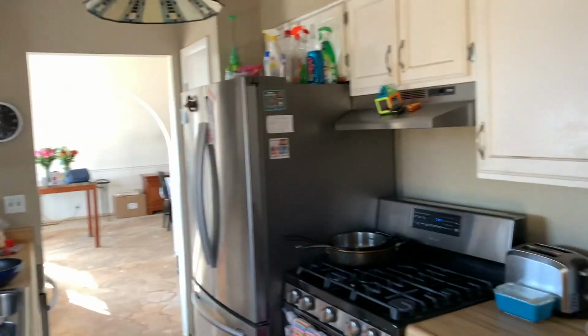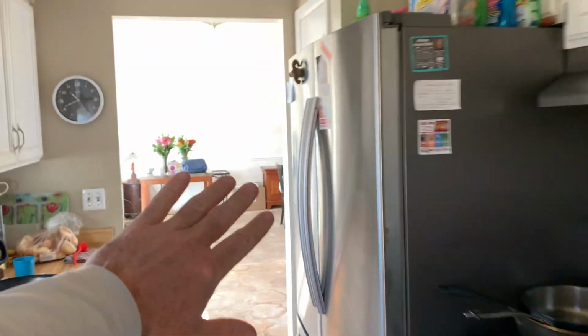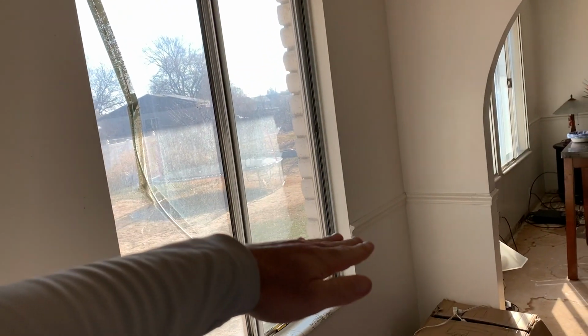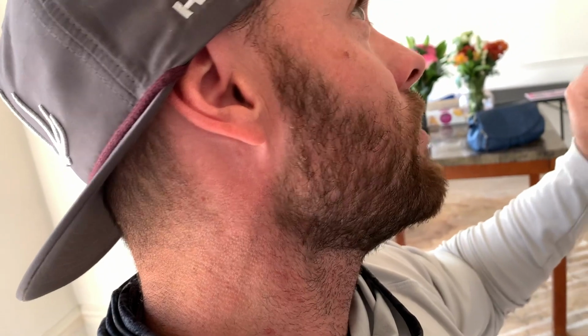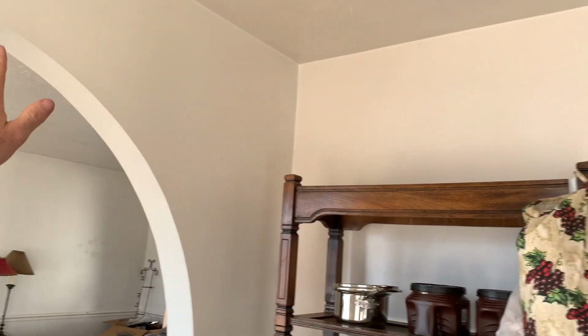So we want to extend this into this room, do like sink, dishwasher stuff here, maybe an island, and the whole plan, which I need an engineer to confirm, which I was told once already that we can tear out these walls, is we remove the walls. And I always thought you needed like a